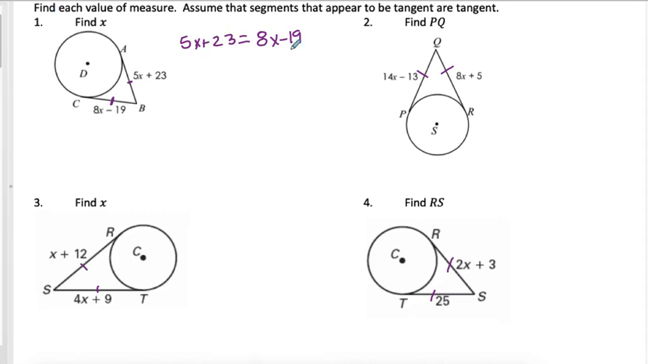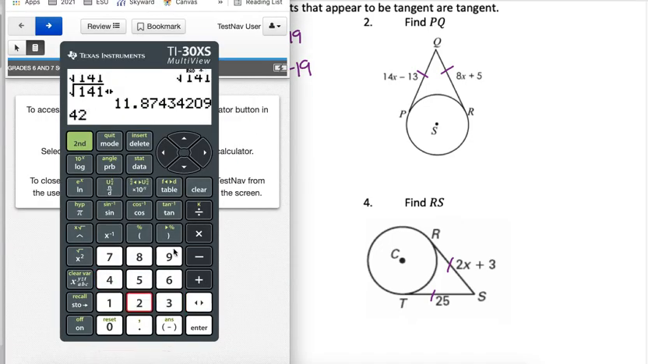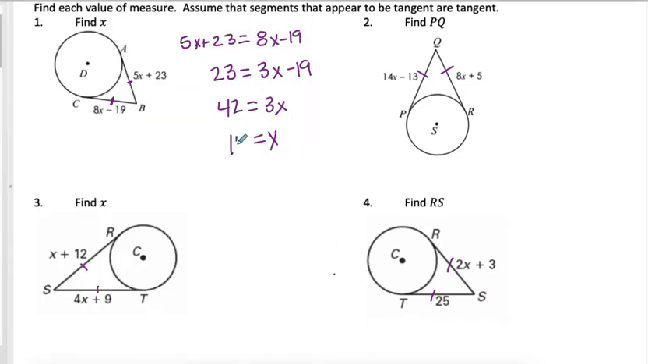And now we can solve for x. So I'm going to subtract 5x over. So 8 minus 5 is 3x. I'm going to add 19 over. 3x comes down, and I'm left with 42. And divide by 3. X equals, I can't do that one in my head. 42 divided by 3, I get 14. All right, so it asked us to find x. We found x. On the next one,